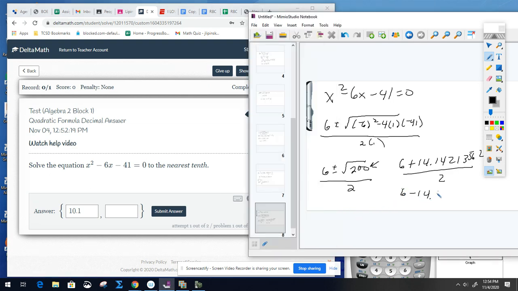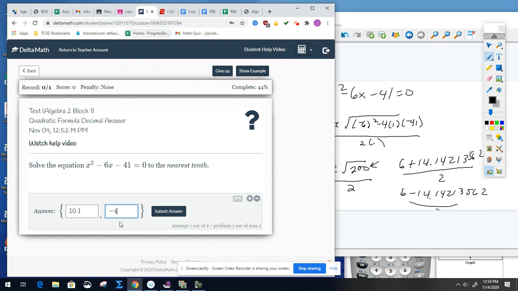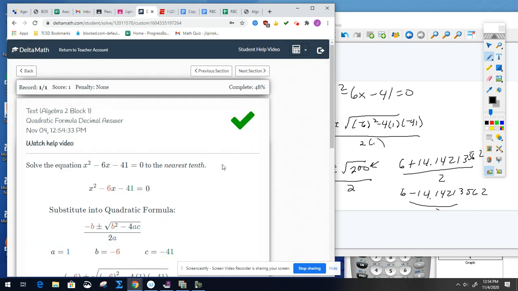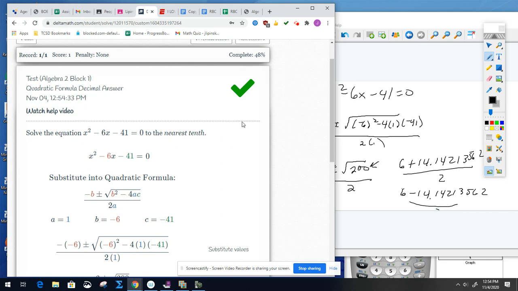6 minus 14.1421356 all over 2. So 6 minus 14.1421356 divided by 2, and I get a negative 4.1. And again, we're rounding to the nearest tenths place. Make sure you pay attention to that. Again, I'm going through this kind of quick, so let's make sure these answers are right. If they're not, I'll show the work, but it is right. Make sure you're entering the calculator correctly